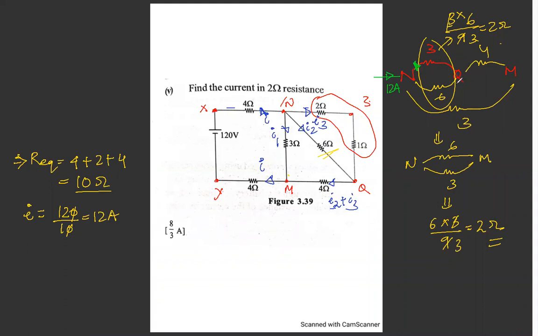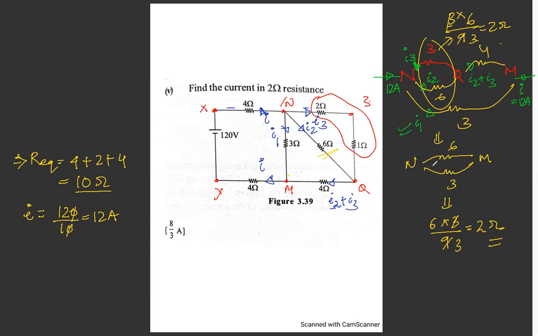So we'll do one thing. This is I1 or I3, and this 6 is I2. And here, it is I2 plus I3. And in this part we are having I1 and total it is I, or 12 ampere again. So how to find it out? If we'll be able to find out I2 plus I3, then we can divide it. But anyways, we can find out I1 easily.